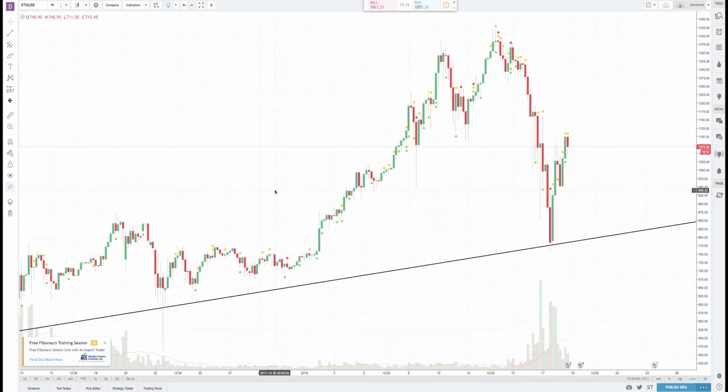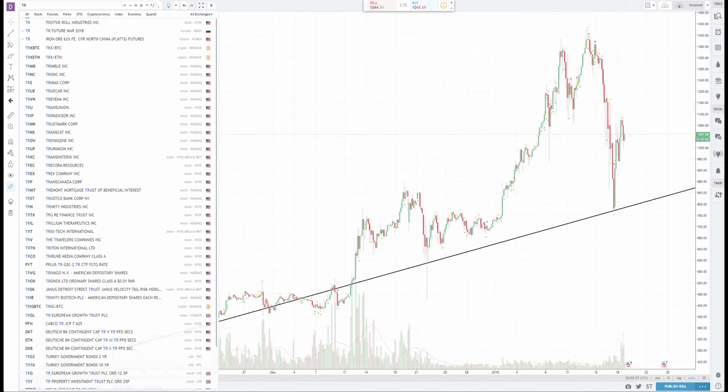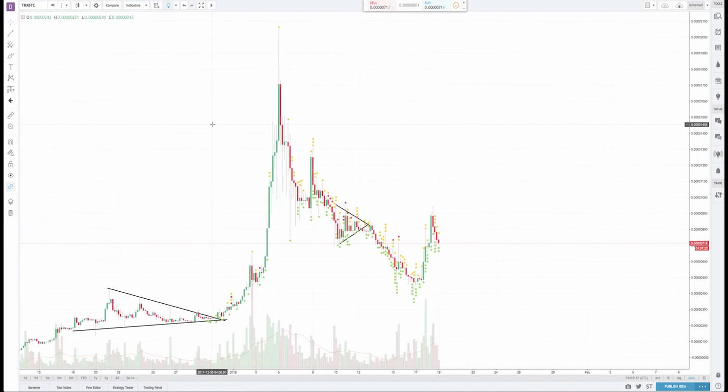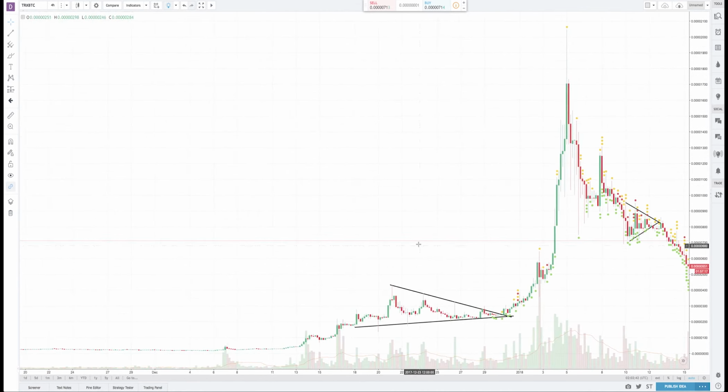And those alone can help you make better trades and reduce your losses when you're trading cryptocurrency and in the stock market as well. Now what I want to show you is a pennant pattern, and this is basically a triangular pattern. I'm going to look at Tron BTC to show you this because this is a great example. So before Tron absolutely just blew up, it was not even too long ago, basically the coming of the new year, right before New Year's Eve,